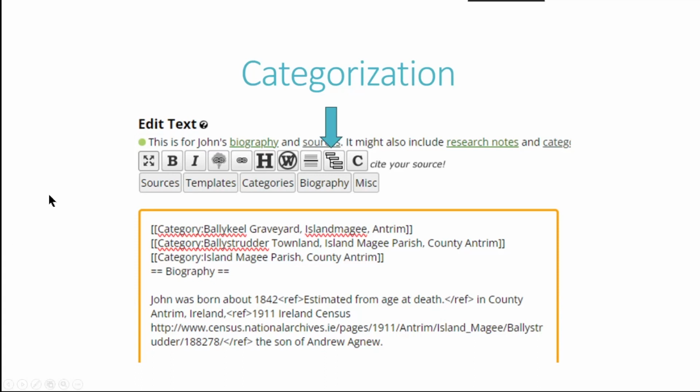this means that I can categorize him, and you do that by clicking on this little symbol here, and it will present you with somewhere that you can fill in whatever category you want to add. So in this case, I have said that he was born or died in Alan McGee parish, and also in Ballystrutter townland. But also I know that he was buried in Ballykeel graveyard, and there are